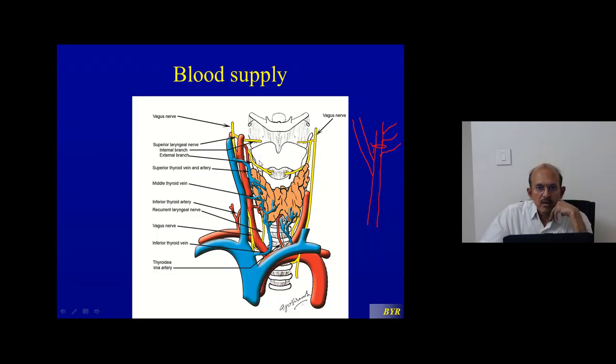So what about, for example, if the person has a superior thyroid pole, has a large mass here. When a large mass is there, you have to dissect it more posteriorly. When you are dissecting more posteriorly and superiorly, you may injure the main superior laryngeal nerve. Sometimes even the external laryngeal nerve branch may be injured. Sorry, the internal laryngeal nerve branch may be injured. If the internal laryngeal nerve is injured during your thyroid dissection,